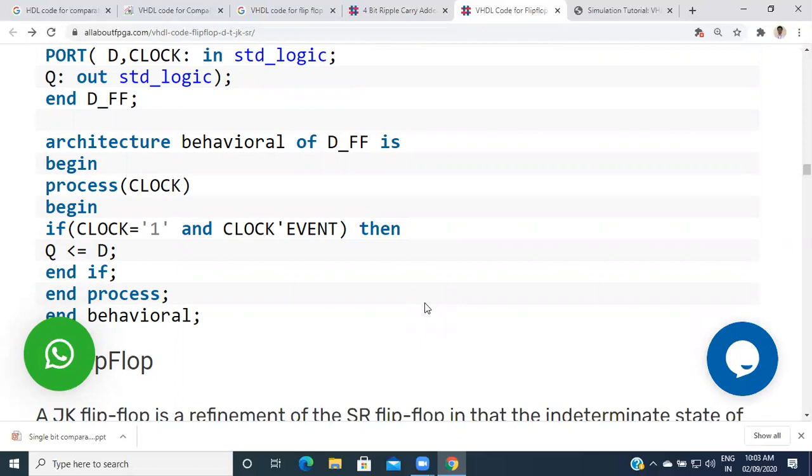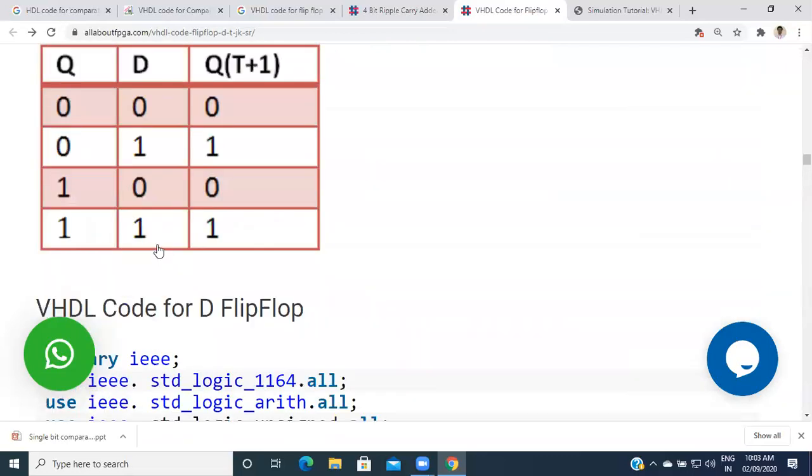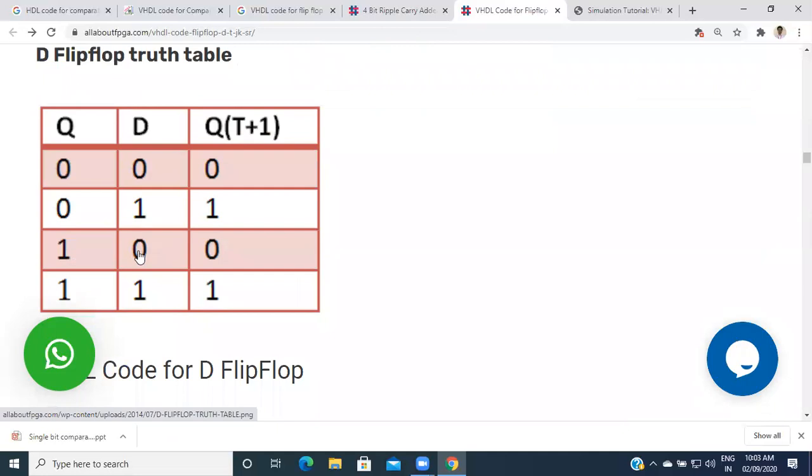So begin, if clock is equal to 1 and clock'event, then Q is assigned the value of D. If the clock is 1, then Q is assigned the value of D, so 0 gives 0 and 1 gives 1.